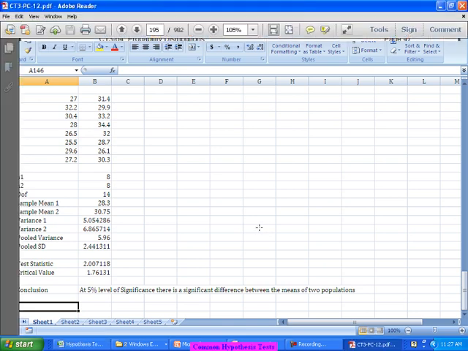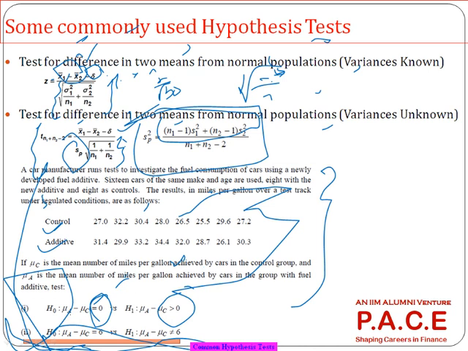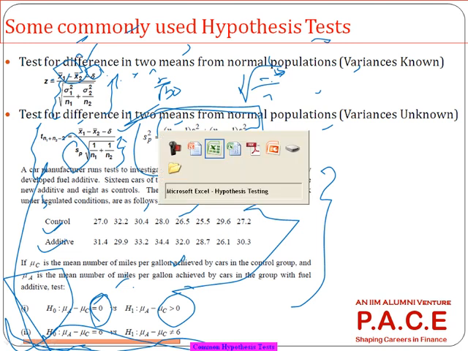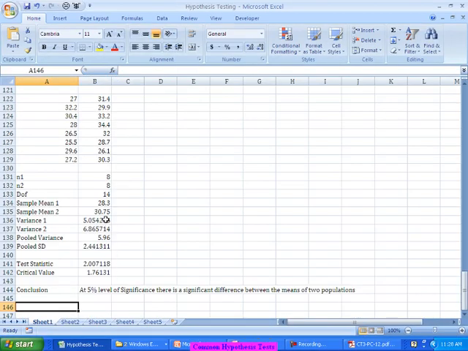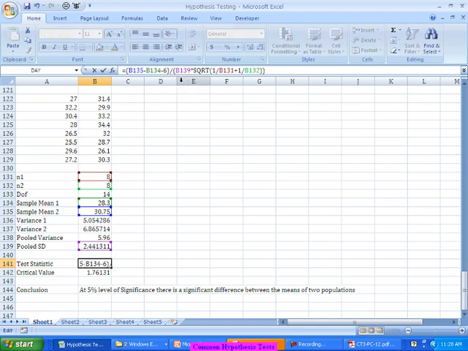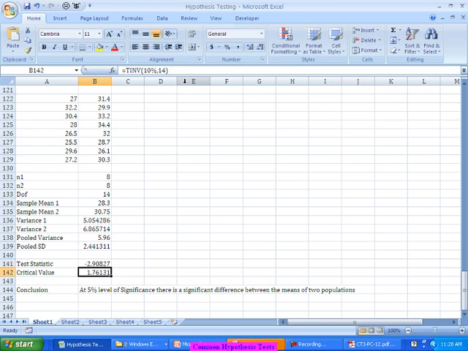Now let's see, there is a slightly different question that is also asked. It is saying H naught is mu a minus mu c equal to 6, and H1 is mu a minus mu c not equal to 6, which means the difference between the two, I'm equating it to 6 versus not equal to 6, which means it's a two-tailed test, and the hypothesized difference is 6. So what all changes will come? Here, instead of 0, I'll take this as 6. That's one aspect, which gives me a test statistic of minus 2.9,